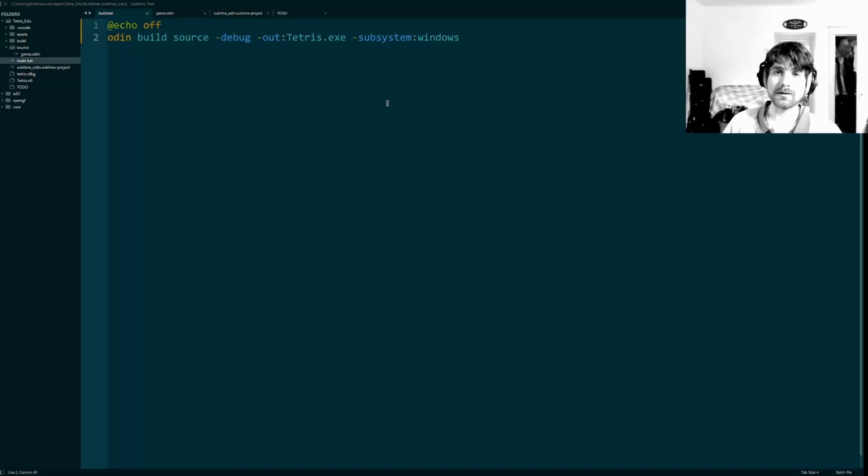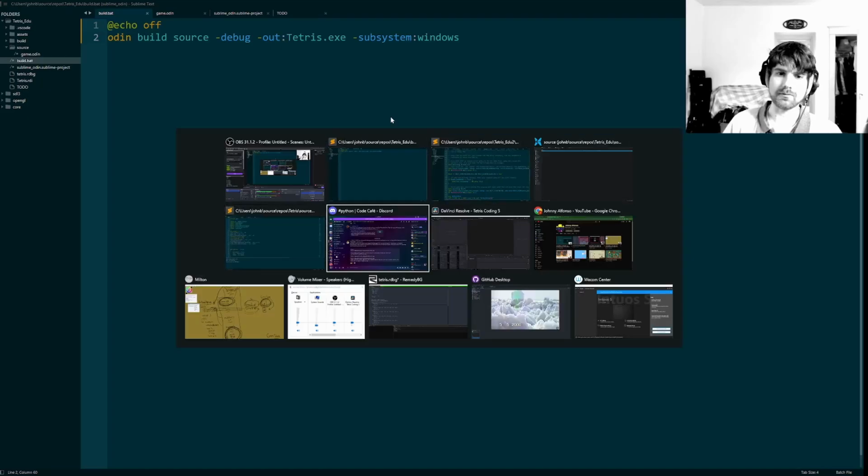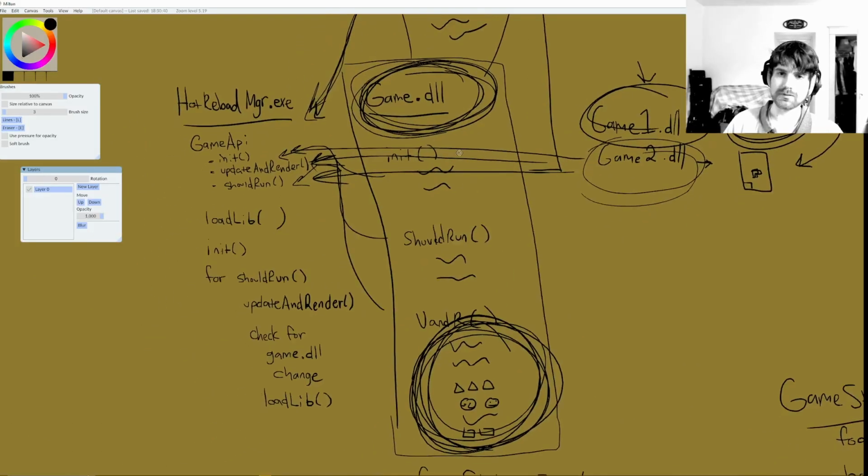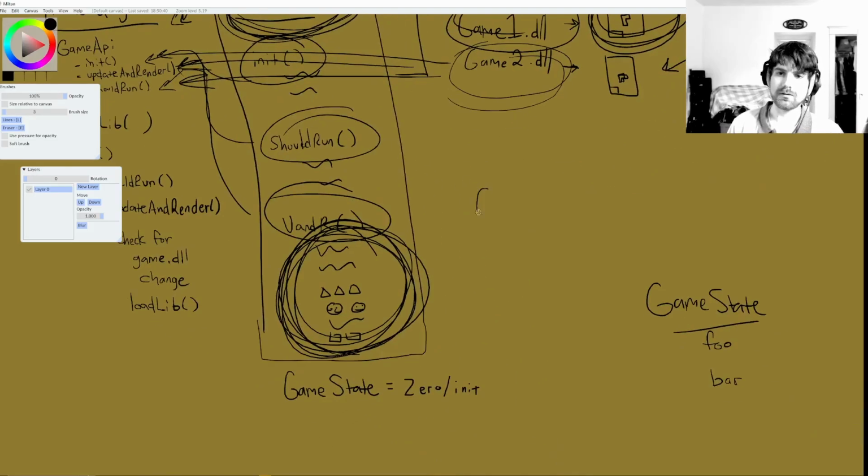Okay, so now we're getting into the code. The first thing we're going to do to make this happen is get some type of API, like init, should run, update, and render, in our game.odin situation. And what we want to do then is have some type of